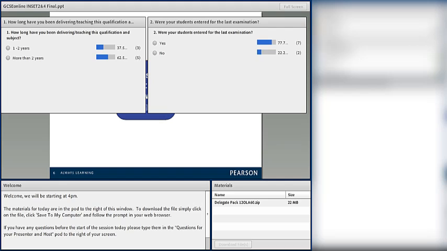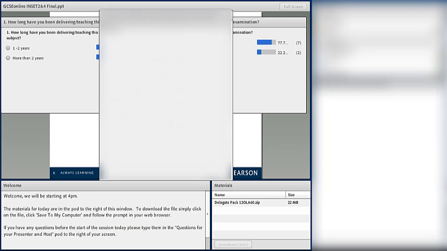Just before we start, we have one more poll, and if you can bring it on, and that is what you're hoping to get out of this session. For this one, you will actually have to type in your own answers, because there are no options offered for you. So if you want to type in the chat box.